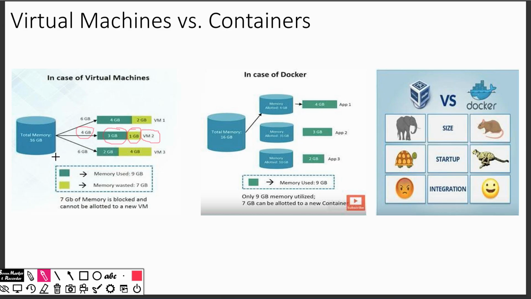So here, out of 16 GB, I have already assigned all the GB to the VMs which I created on top of the server. So here the total memory used is 9 GB and the total unused memory is 7 GB. Even though I didn't use the 7 GB of memory, I need to pay the amount to Azure. Why? I created this resource over Azure and I need to pay the amount for the